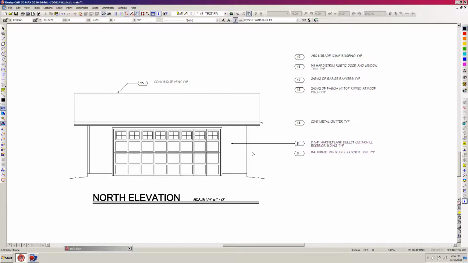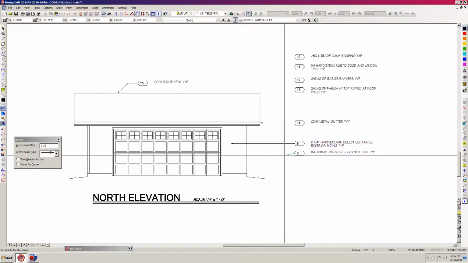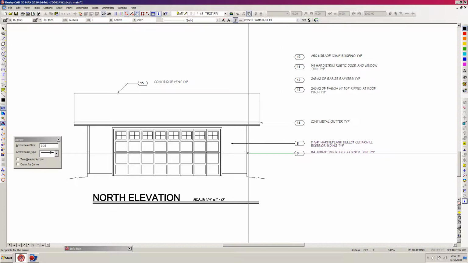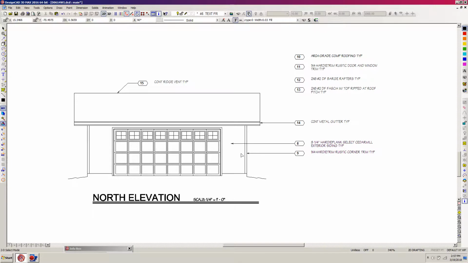Hit the scroll button to activate the command, and I'm also going to do an arrow to the trim, and H to orthogonal mode, and then hit K to snap to the line there. This arrow I'm going to change because it's into the body, the actual siding. So what I'm going to do is I'm going to take that arrow and I'm going to pull up my